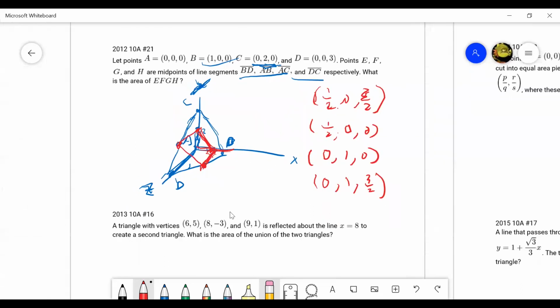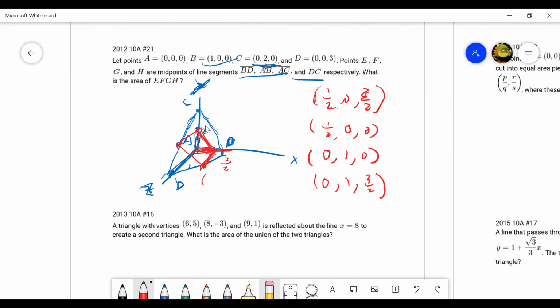And yeah, once you know that, you can just find the side lengths to find the area. So the lengths here, if we mark this out, this is going to be 3/2, I want to say. And this one is going to be,